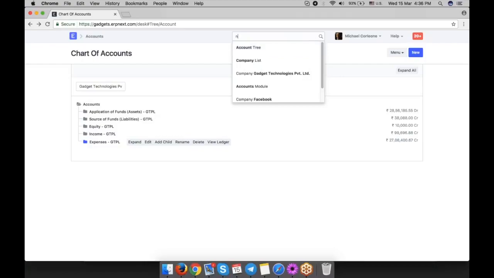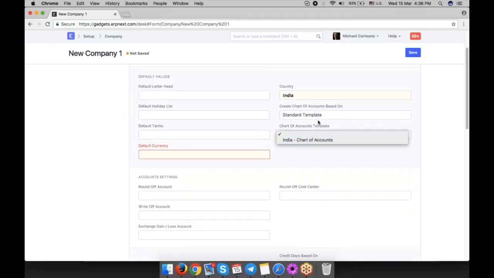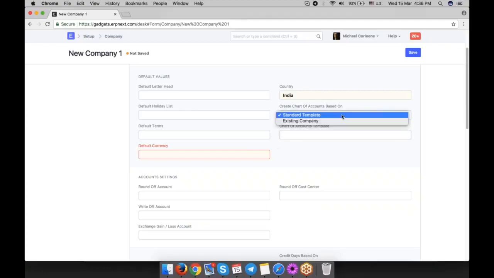Let's say we want to add a new company, right? And this company is say called HP Persona, for example. We define its abbreviation. Now in here we can define for this company, chart of account would be generated based on the standard template or based on the existing company. So in here, if you select existing company, then you select which existing company. So if you select Gadget Technologies Private Limited, which is our existing company,